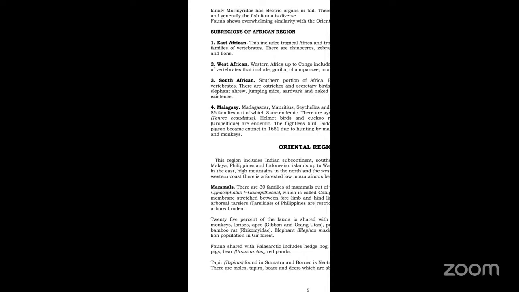Now coming to East African, it includes tropical Africa as well as tropical Arabia. Here about 145 families of vertebrates are present. They include rhinoceros, zebra, giraffe, cheetah, spotted hyena, as well as lions. Now coming to West Africa,